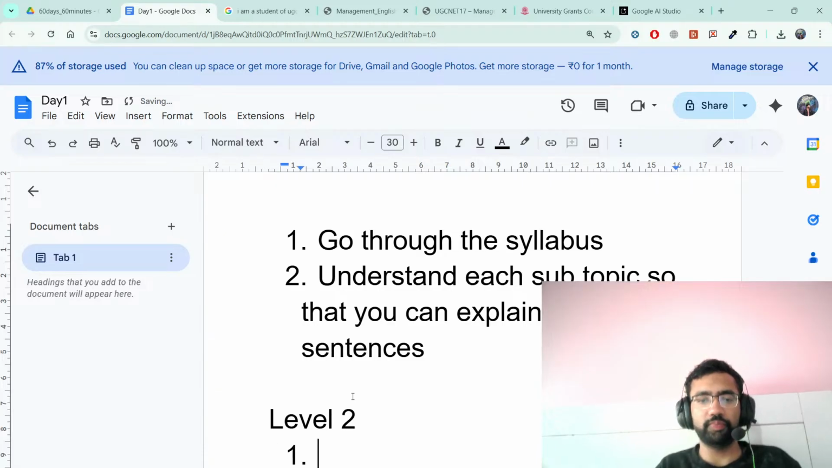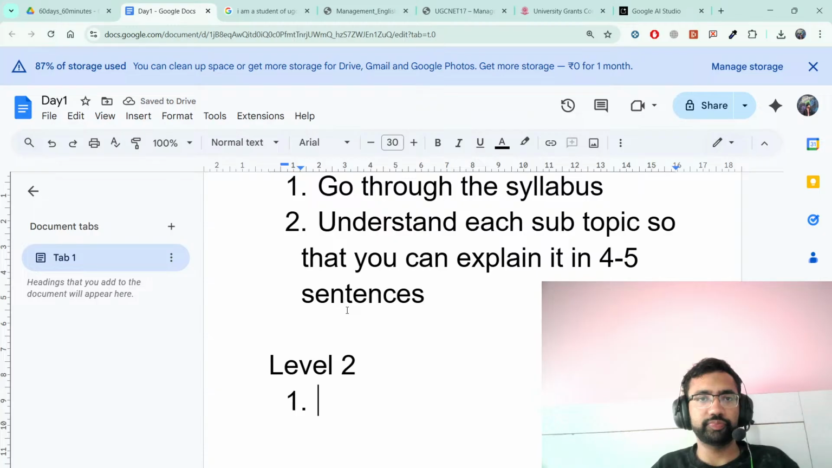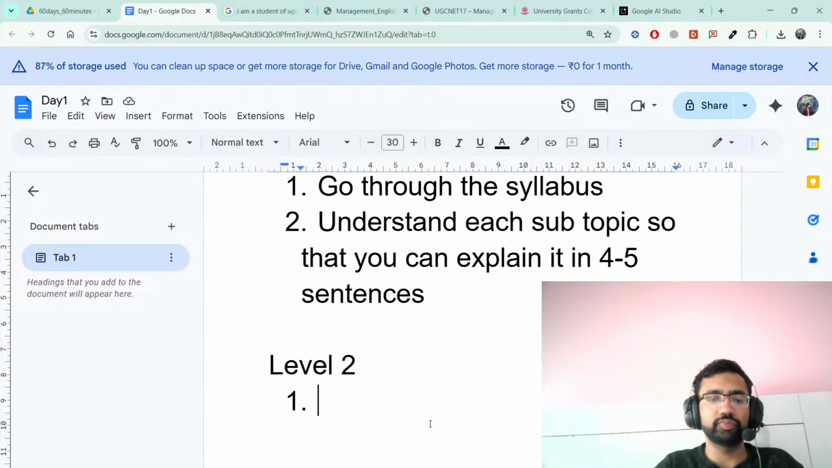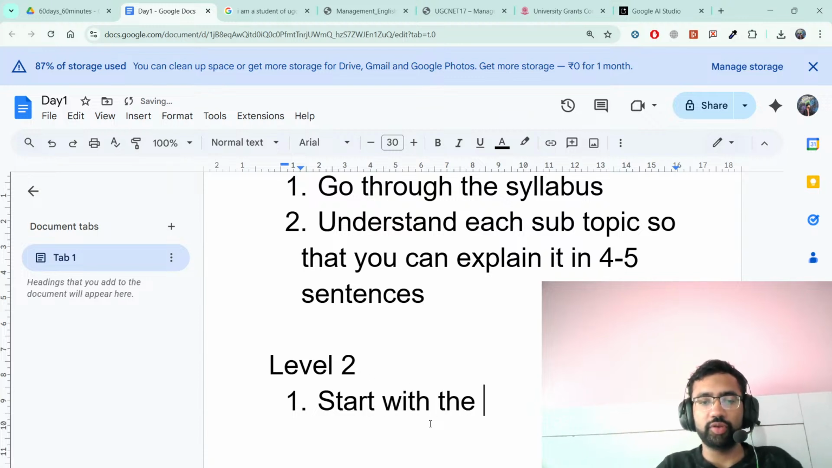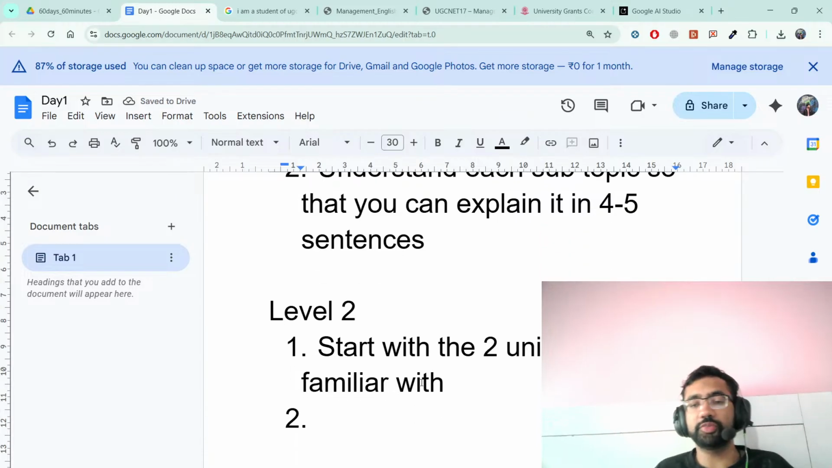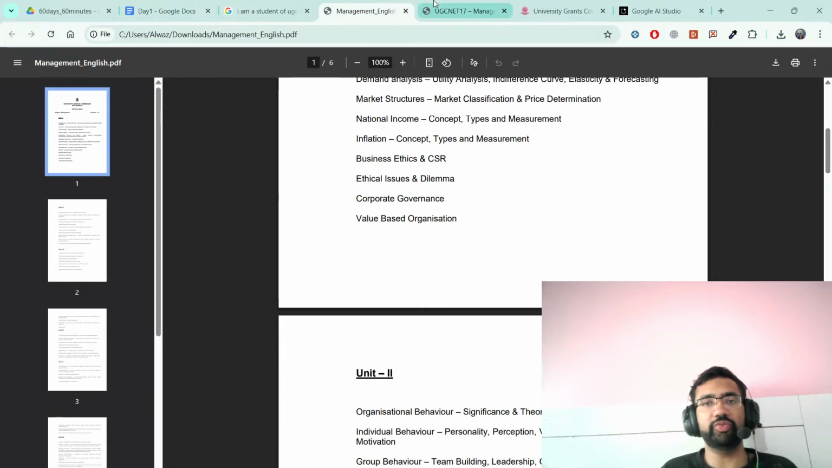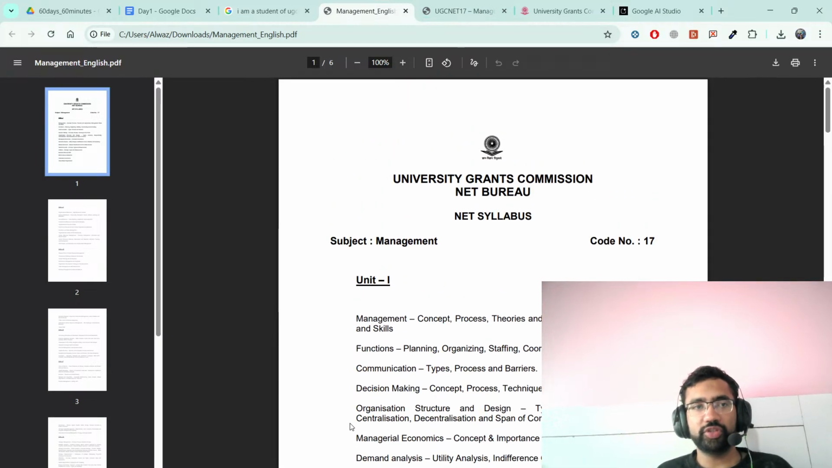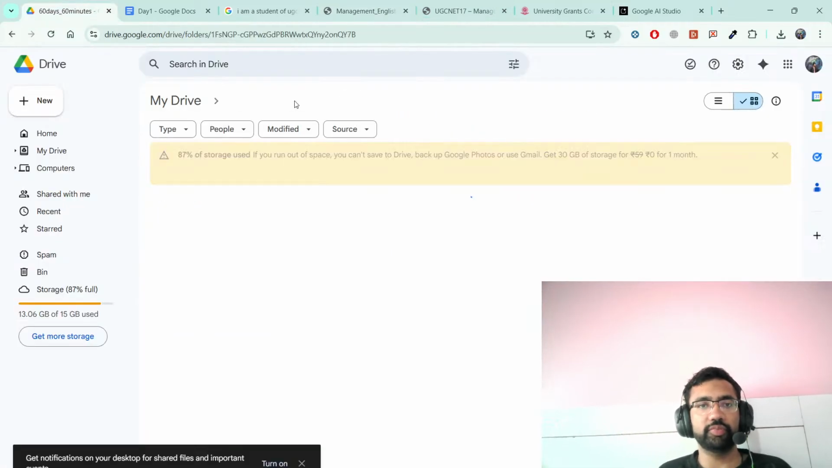Level 2. Start with the 2 units you are familiar with. Now, what does this mean? Start with the 2 units you are familiar with. If you observe the UGC NET examination,